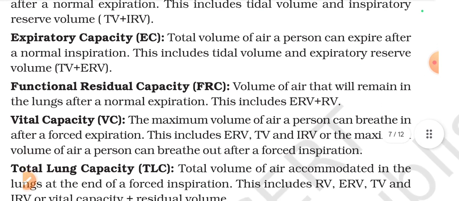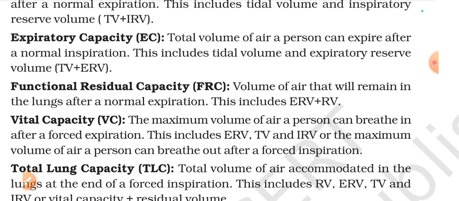Functional residual capacity. Volume of air that will remain in the lungs after a normal expiration. This includes ERV plus RV. Vital capacity. The maximum volume of air a person can breathe in after a forced expiration. This includes ERV, TV, and IRV, or the maximum volume of air a person can breathe out after a forced